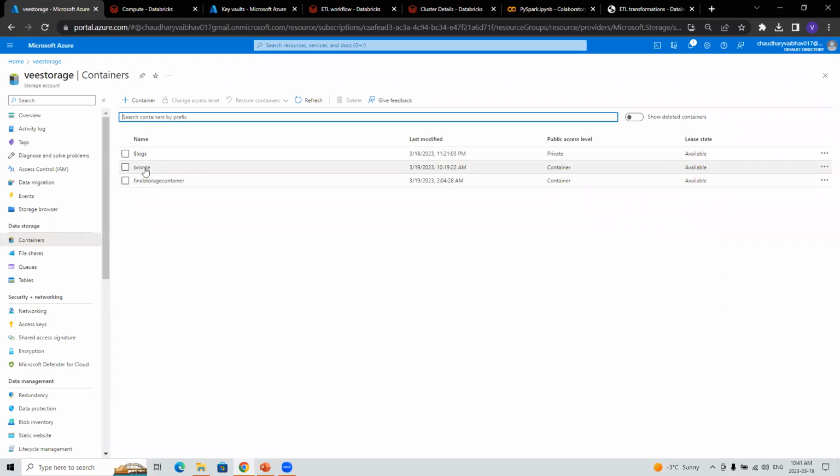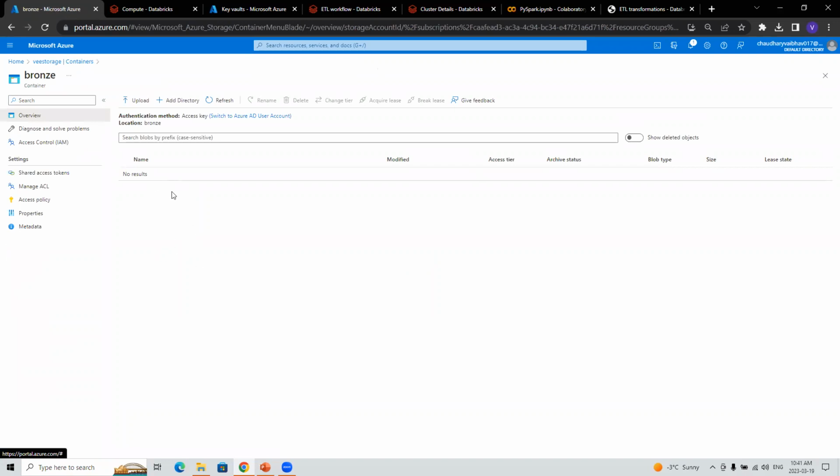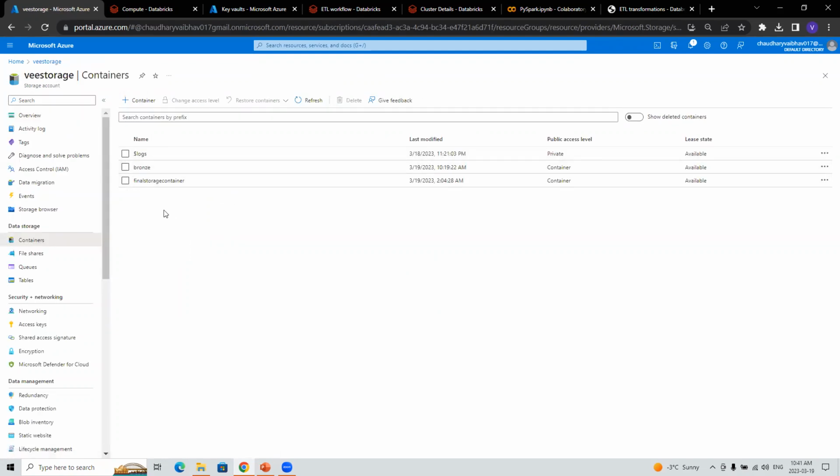But this is how it is, and it is stored as file storage, right? Yes. So basically, files are uploaded here in the form of part files. So the part files get loaded in the bronze layer here. And then there's one more silver layer, which is having the clean data. And then there's gold, which is having the aggregated data. So the final storage, actually, I've gone directly from bronze to the gold, but you can have a silver in between.